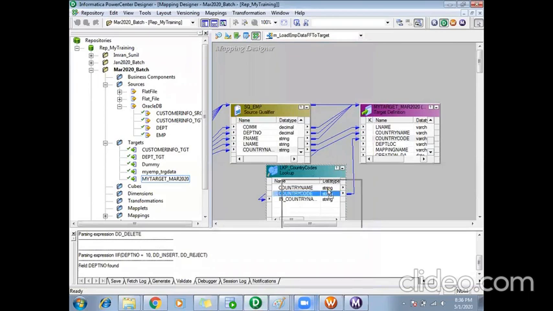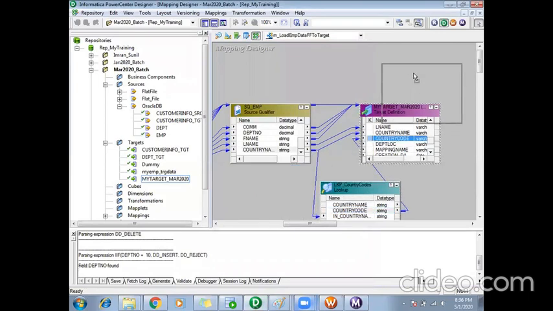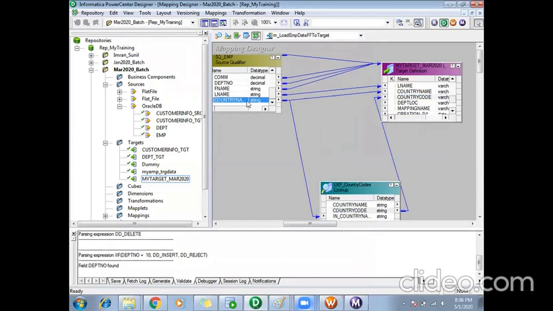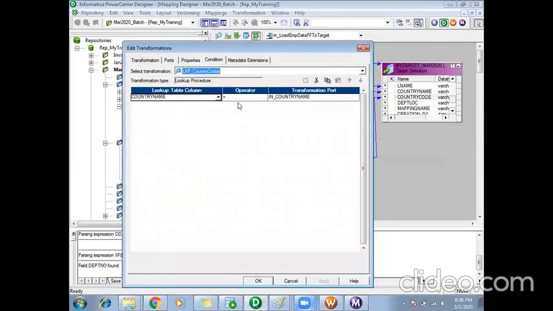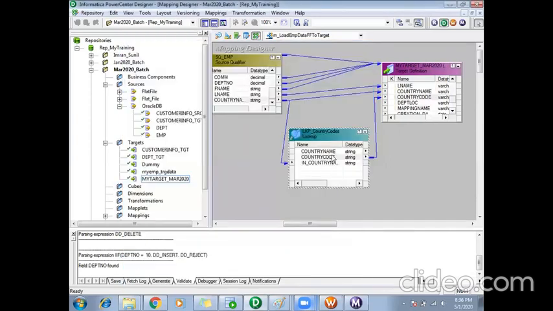So what I'm trying to do, I'm passing the country name of employees to my lookup. In my lookup, I'm trying to get the records where country name equals the incoming employee country name. Wherever there is a match, I'm getting that country code.